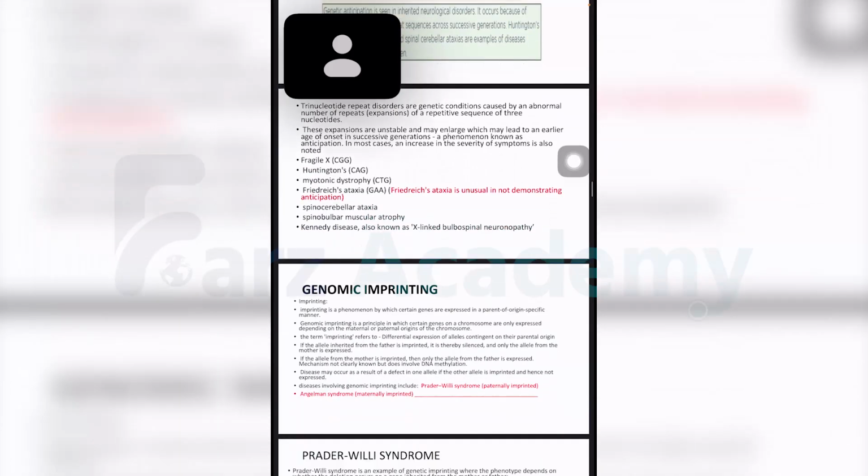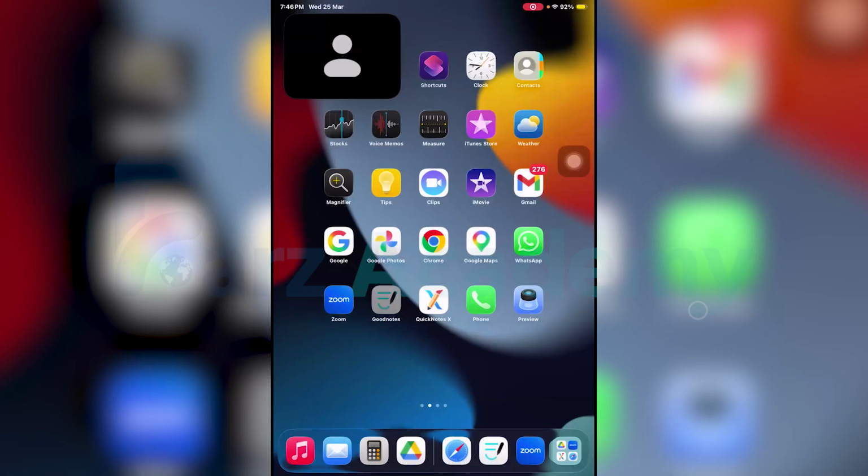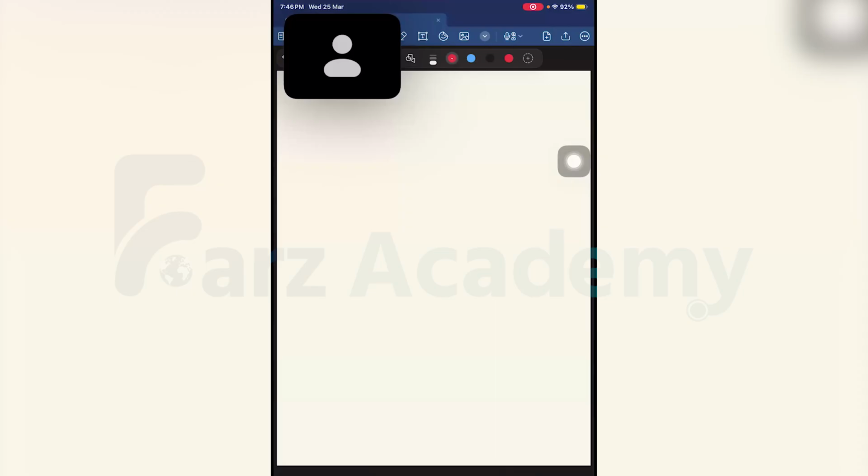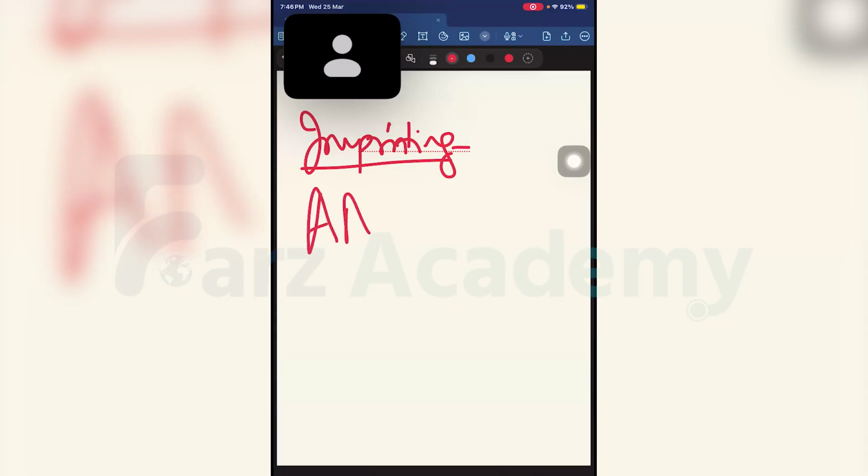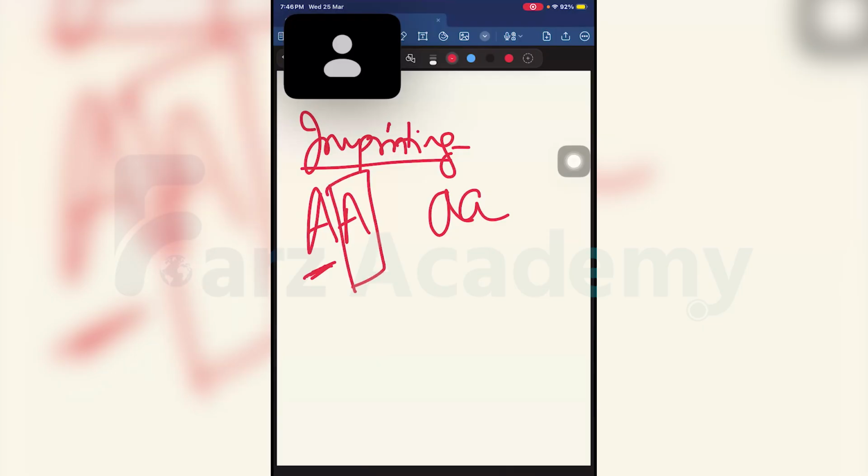Next, another important phenomenon that we see with respect to non-Mendelian inheritance is genomic imprinting, right? It was nothing but differential expression of an allele with respect to its parental origin. What happens is I have two alleles of a gene, right? In each one of us, one is suppressed. It could be maternal suppressed, it could be paternal suppressed. And the other gene is active, which is responsible for functions.